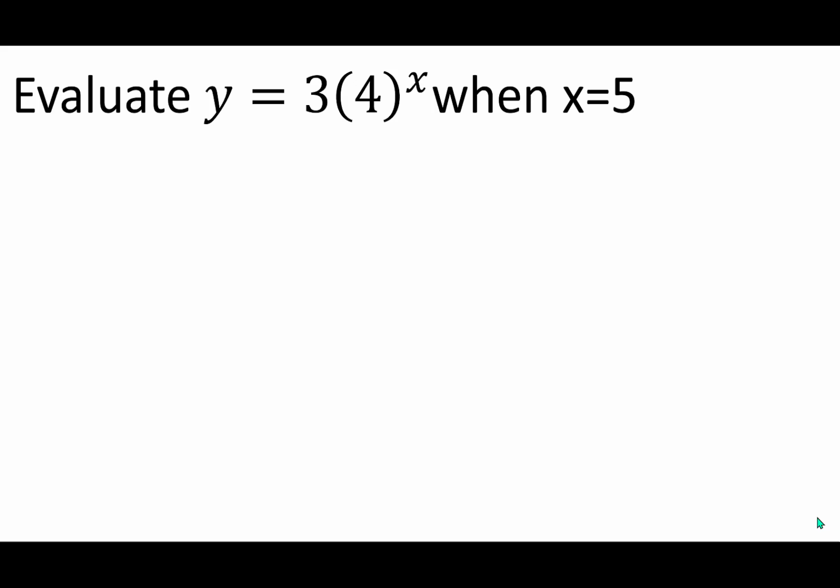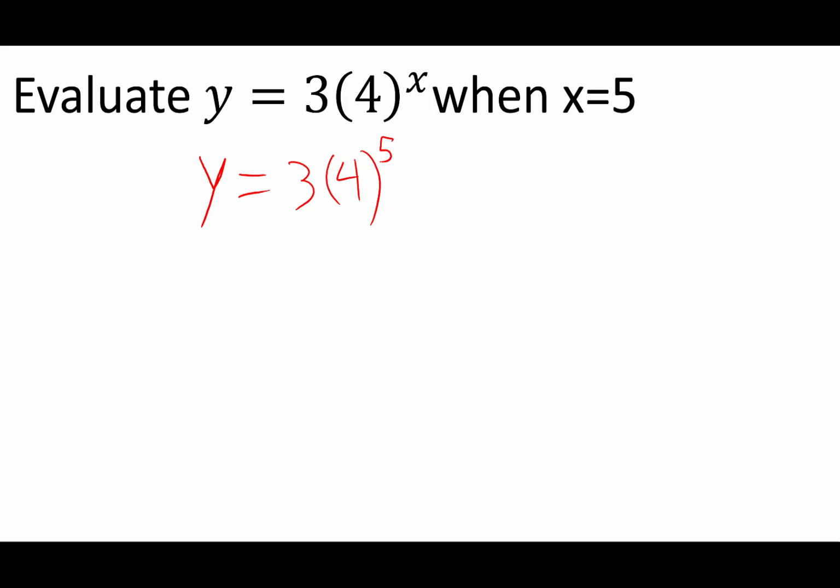All right, so we're going to talk in this example about evaluating an exponential function. So guys, remember when we evaluate, all we're doing is taking what we're given and plugging it in for the appropriate variable. So in this one, I've got y is equal to 3 times 4 to the x power, and I want to find when x is equal to 5. So that means I'm just plugging in 5 for x. So wherever I see an x, I'm plugging in 5. And then I'm going to work this out. And I'm going to do my exponent first because of order of operations. So 4 to the 5th